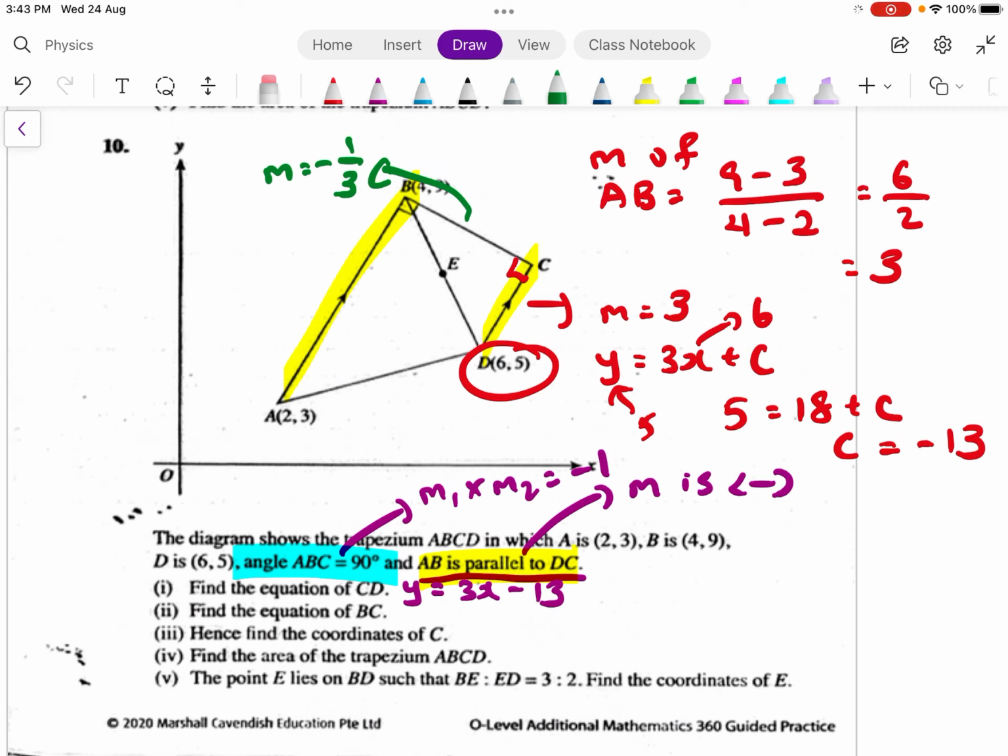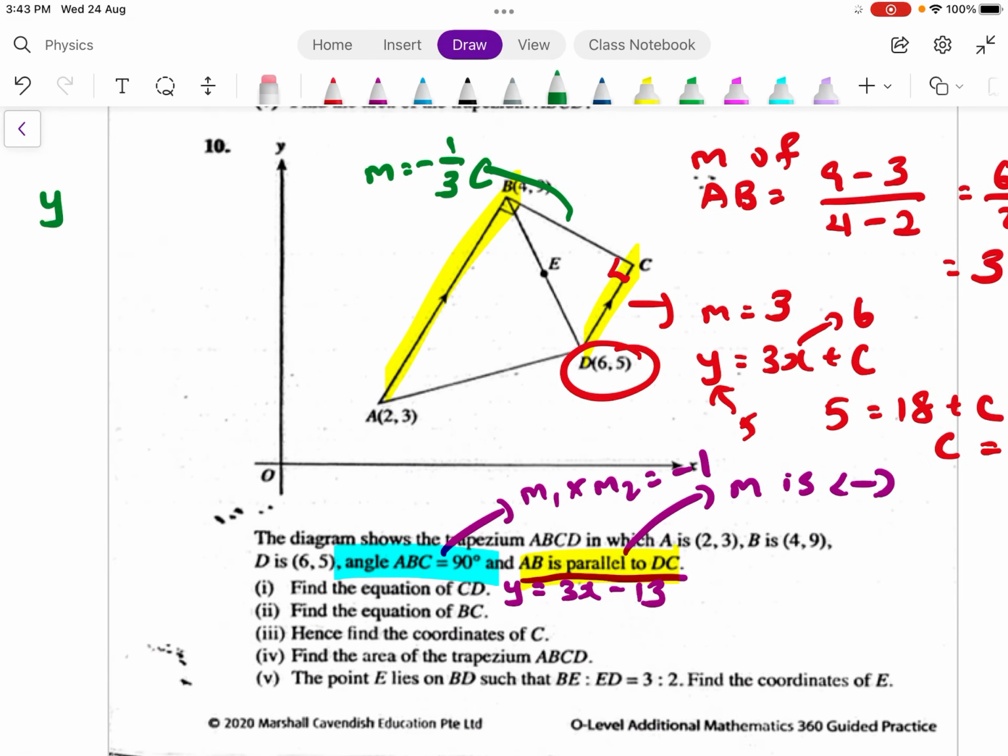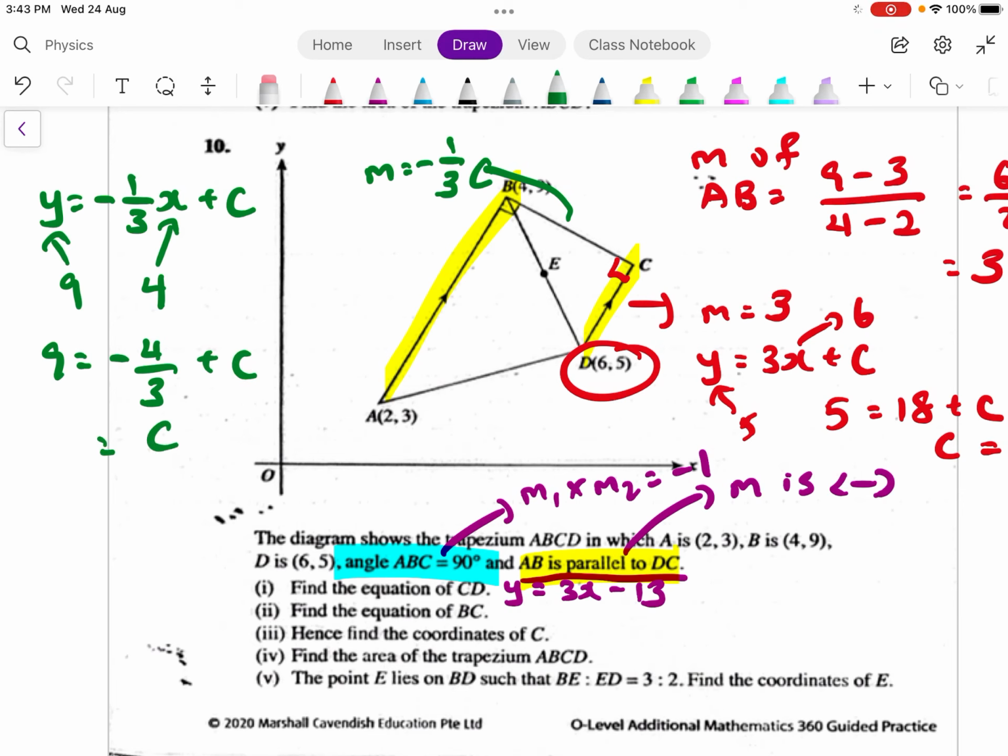Of course, now I know that my point B will be (4, 9). So let's put down y is equal to -1/3 x plus c. Then you just sub in 9 and 4. So you put 9 equal to -4 over 3 plus c, and c is equal to around 10 1/3. So the equation of BC is y equal to, sorry, -1/3 x